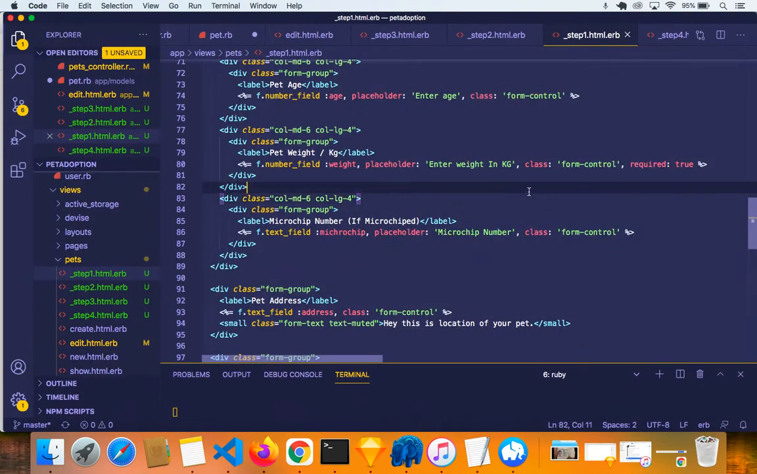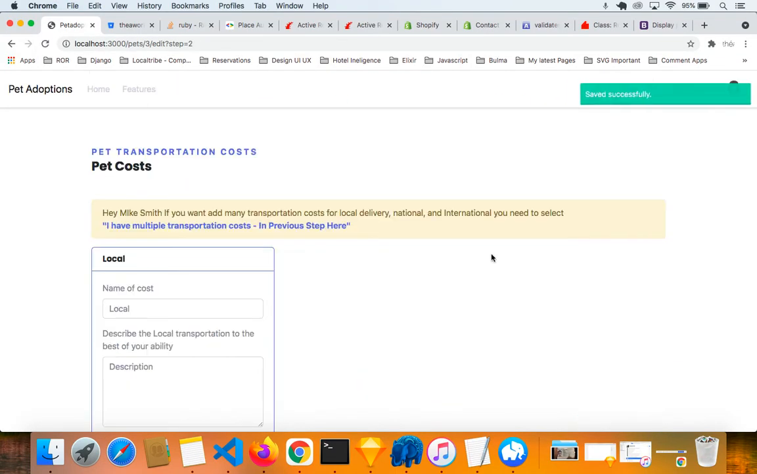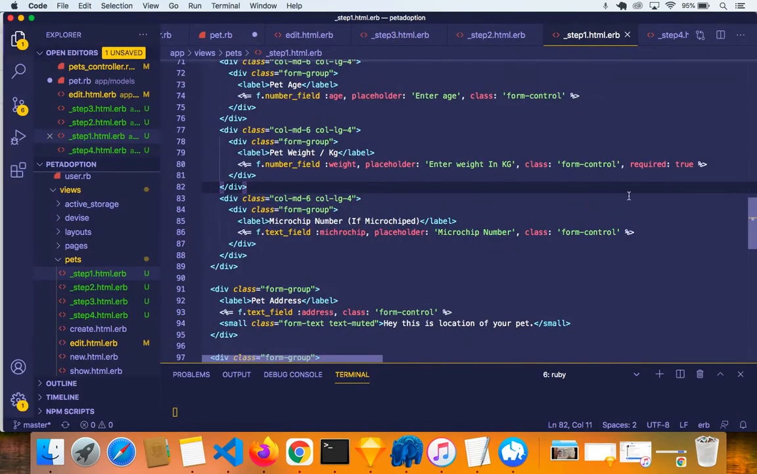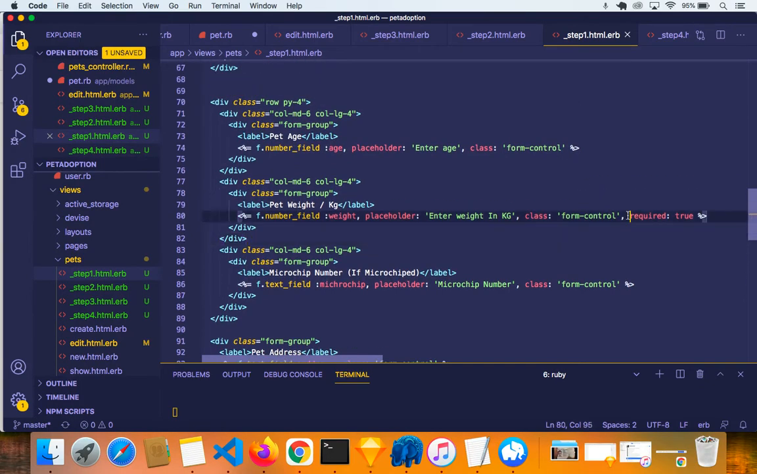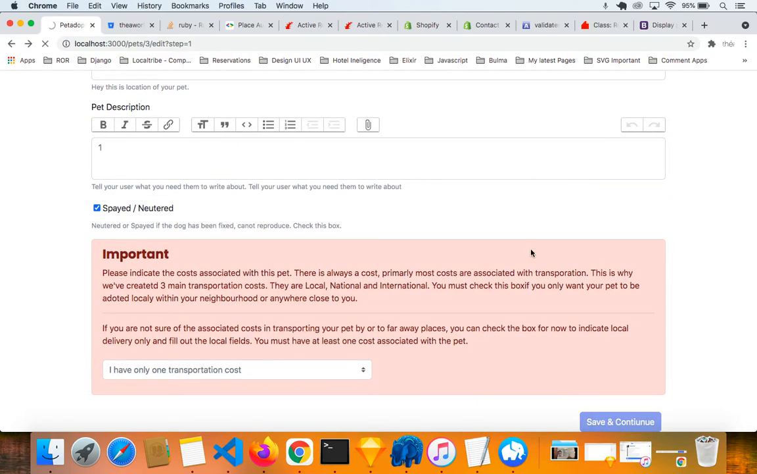actually this pet weight required true. This is going to work. Okay, so if I save it and then come here, save and continue. Anyways, it should work. It should require true, because it's already there. It's already there, right? So I think no, it's like that, required, just like that. Save it, come over here. So if I click save and continue,